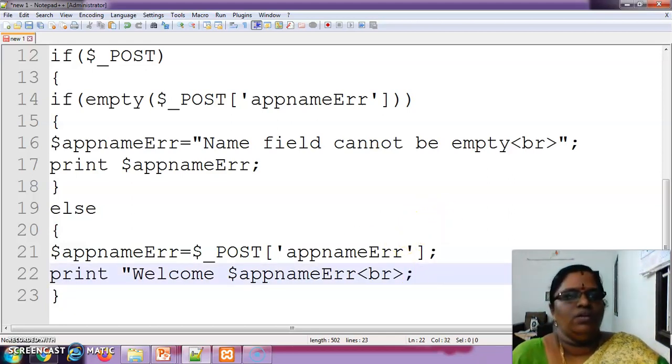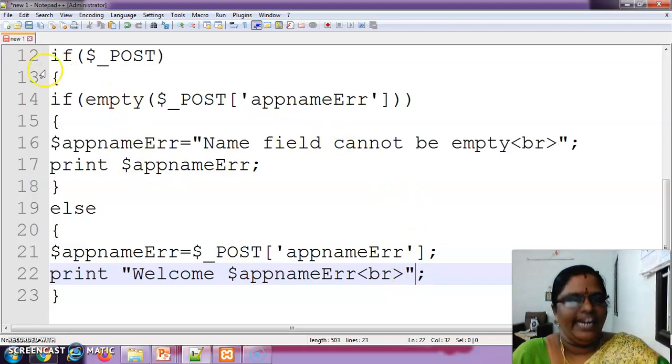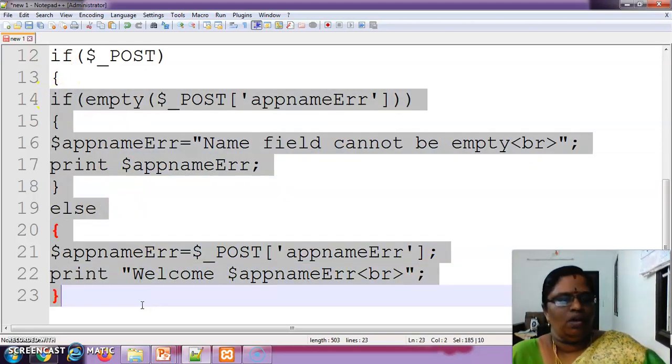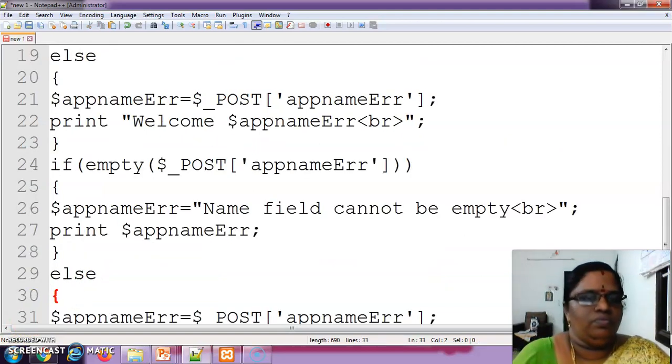Okay, children. So the same thing you want to do for your date of birth also. So the same 4 things you want to do for your date of birth.